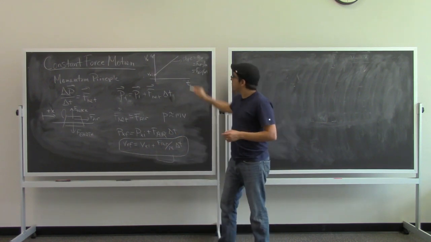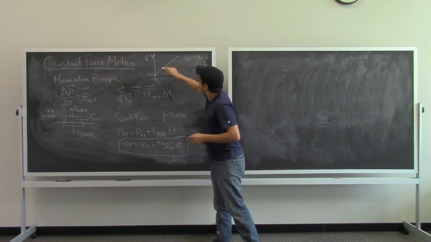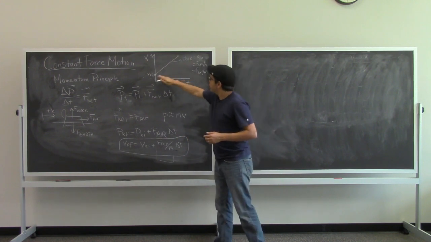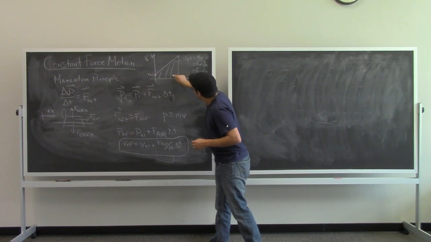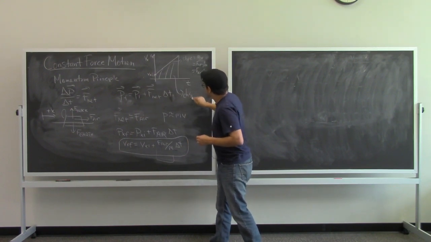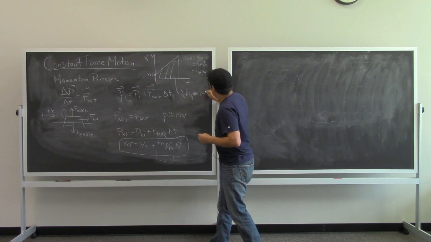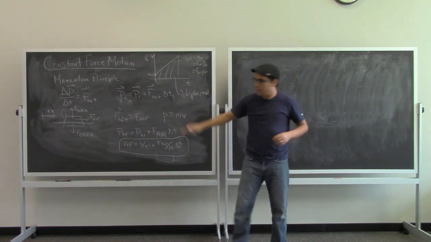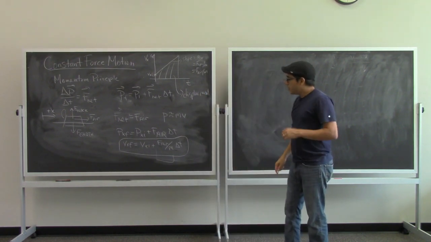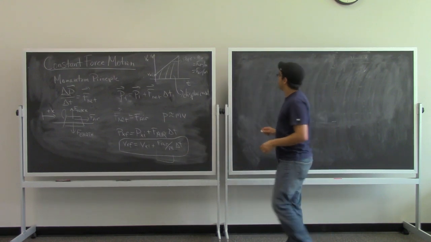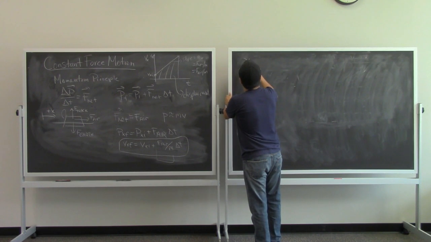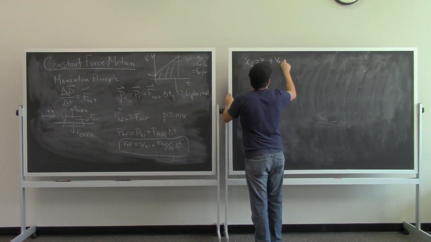The other thing you might notice is the area under this curve is the velocity integrated over some time interval. So it turns out that the area under this curve is actually the displacement of the object, that is the fan cart. So we've been able to predict the velocity of the fan cart. Now we're going to predict the position of the fan cart. And we're going to go immediately to the one-dimensional description of the position update formula,